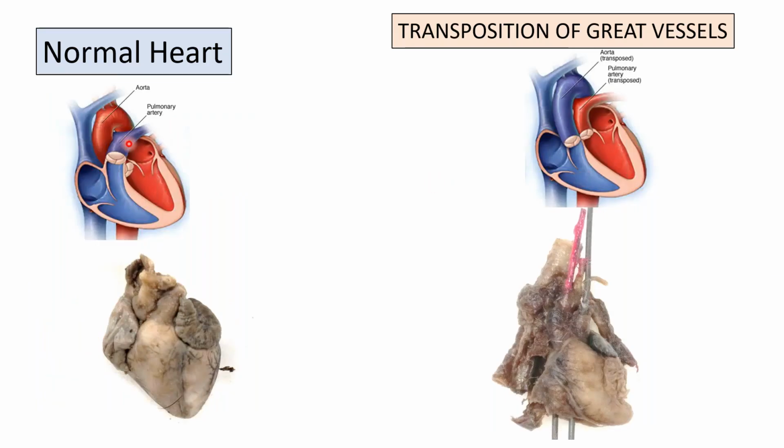Now let us see what is happening in the normal heart. This is the normal heart, and this is the pulmonary artery channel and this is the aortic channel. Here the conotruncal septum has followed the spiral course, because of the spiraling during the development. This is a fetal autopsy that we did in our department on a normal heart. This is showing a normal heart.